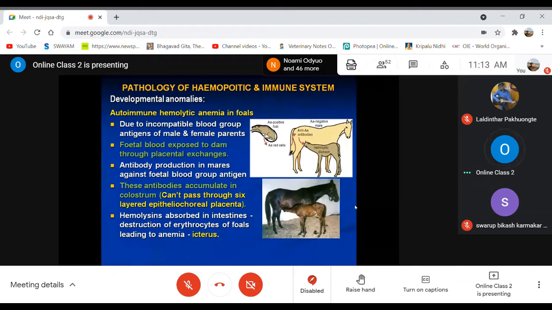And when they cross, the product, the baby, that means the foal, is inside the womb of